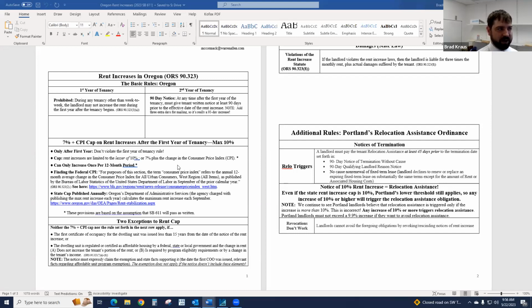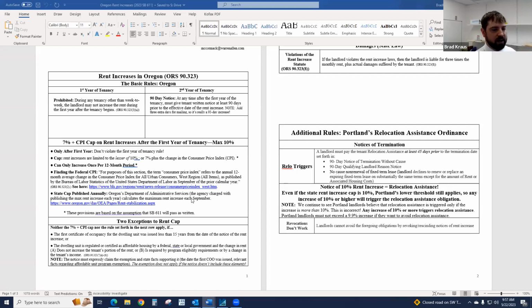So your maximum rent increase under Portland law would also be 8%, because if you tried to go to the 9.9 under Portland, you would violate the state law. So you wouldn't want to do that. Okay. So that's kind of where the confusion is going to lie a lot of times in the future, because Portland just decides to do its own thing, and the state legislature lets them. The Oregon Supreme Court also lets them. But it's going to require properties that are in Portland to be very aware of what the